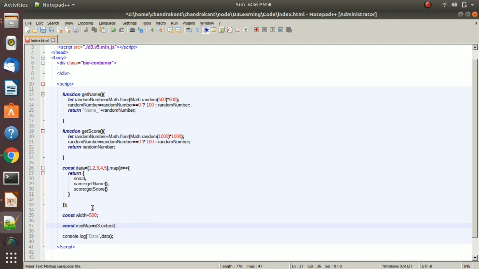I have used the d3.extent function that is used to get the min-max from the set of data available. It will take the array of data as argument, and I want to get the min-max of the score, d.score.